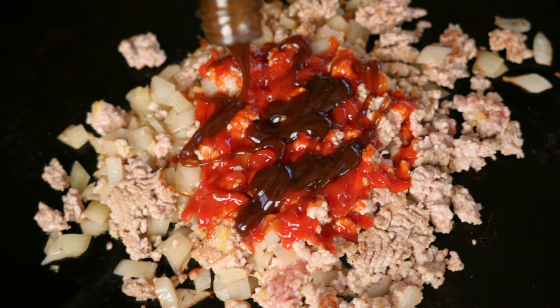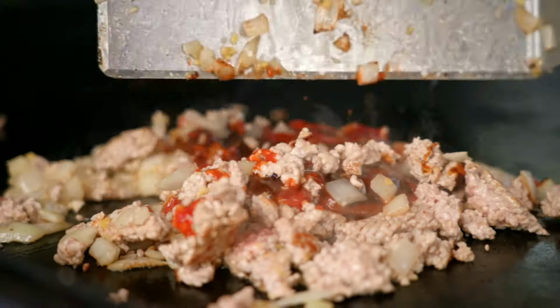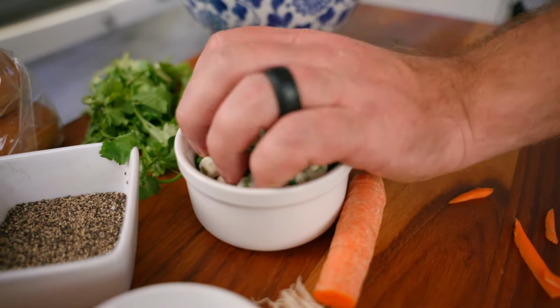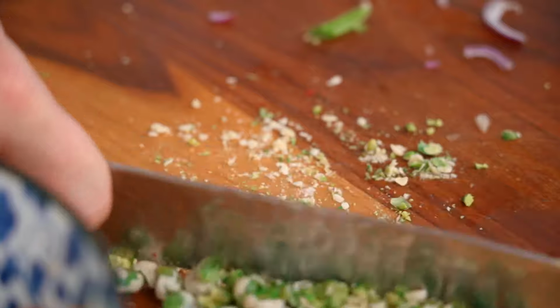Now this is where it starts to get fun, and you've watched my show for a while. You know I like to play with my food. It looks like a sloppy Joe. That's so much fun. If you've never had hoisin sauce before, think of it as kind of like an Asian barbecue sauce. A little bit more unique, a little bit more different, but that's the closest thing you can imagine,